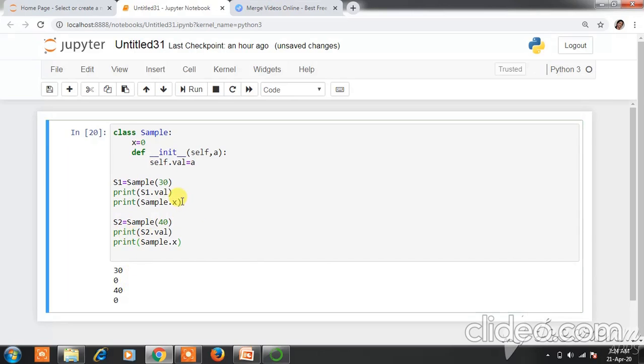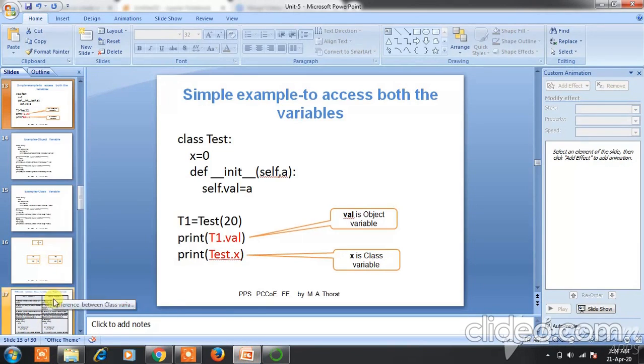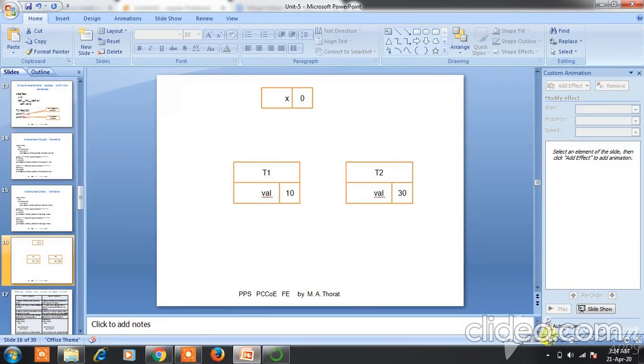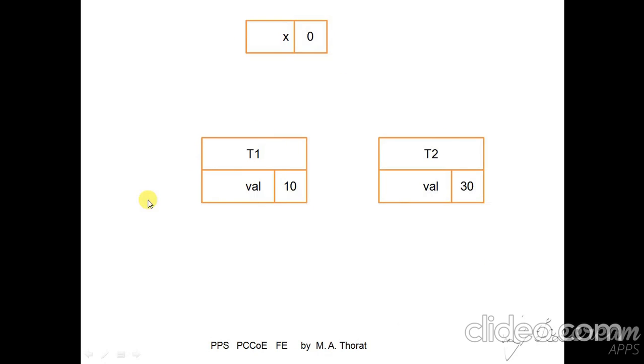So that means the same copy of the value stored in x, the class variable, is displayed here. For the class variable only one copy is created, whereas for object variables there are multiple copies, depending on how many objects of that class are created. In the backend, the s1 object is created where the value is stored with one number, and one more object of the class is created where the value is stored with another value.